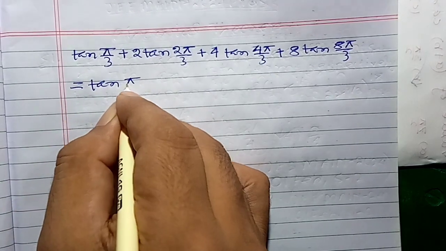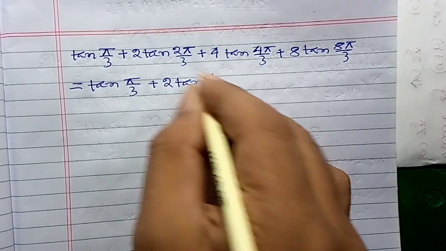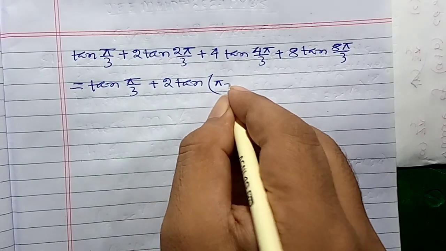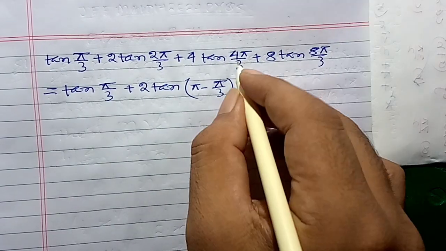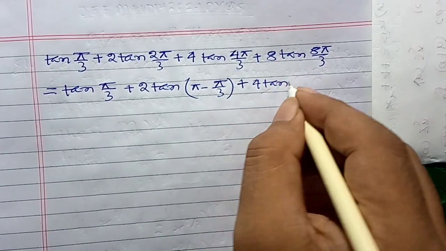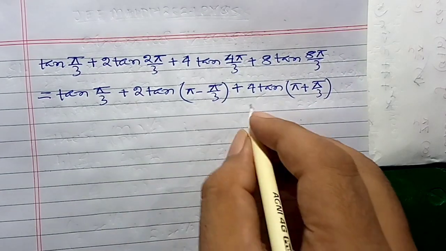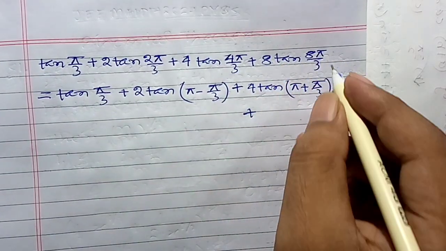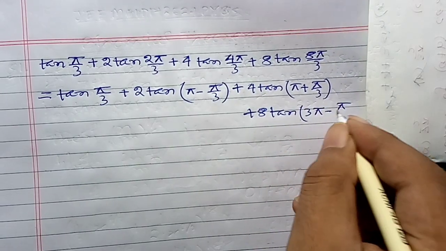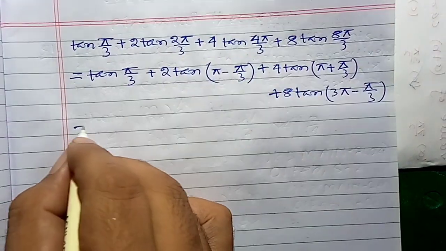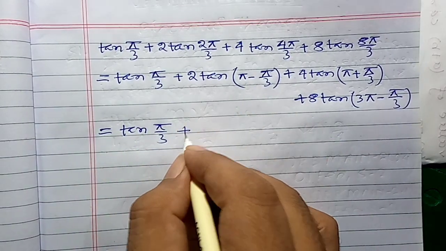tan pi by 3 plus 2 tan 2 pi by 3. Now this 2 pi by 3 can be written as pi minus pi by 3, plus 4 tan 4 pi by 3. This 4 pi by 3 can be written as tan pi plus pi by 3. Now this last term 8 pi by 3 can be written as tan 3 pi minus pi by 3. Now this will be tan pi by 3, this 2 into,